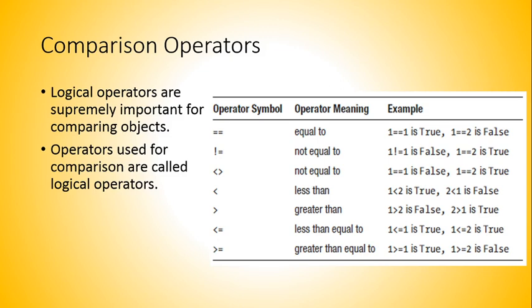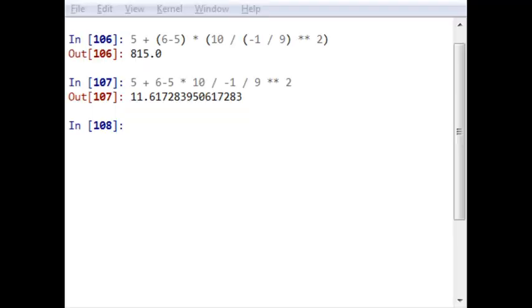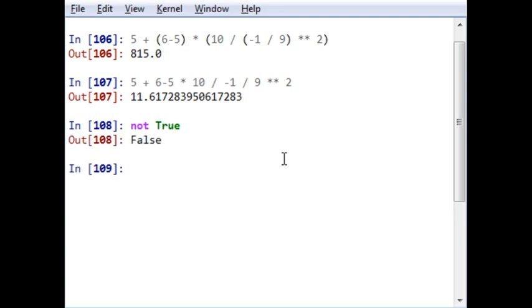So we have already checked all these things, but let's demonstrate it in Python, because the more you practice, the more clarity about coding you will have. Let's say not true will be false, and here I assign A equal to true, then A will be true.